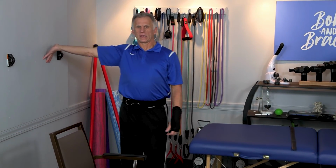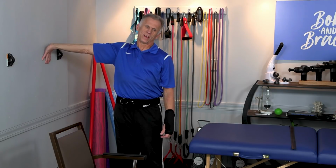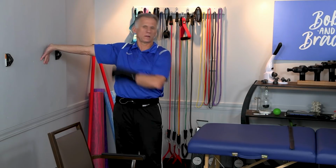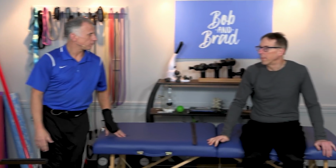If I stretch here like this, and then I go over like this, you really stretch it. So don't get too aggressive. If you feel that all the way up in here, be gentle. Give it a few days, because you can fire it up and make it worse. So you're going to do that maybe about 10 times gently, and then see how it